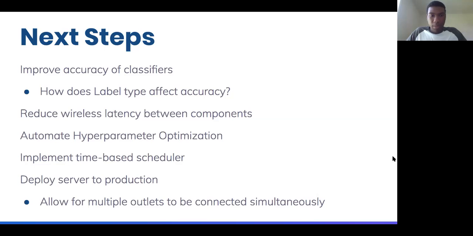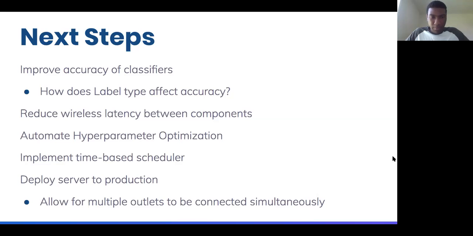I also want to automate hyperparameter optimization. So when I was working on the optimization part of this project, I had to do some manual work. But in the future, if I want the system to perform independently and as an agile and robust system, the optimization has to be done automatically. I want to work on implementing that also.